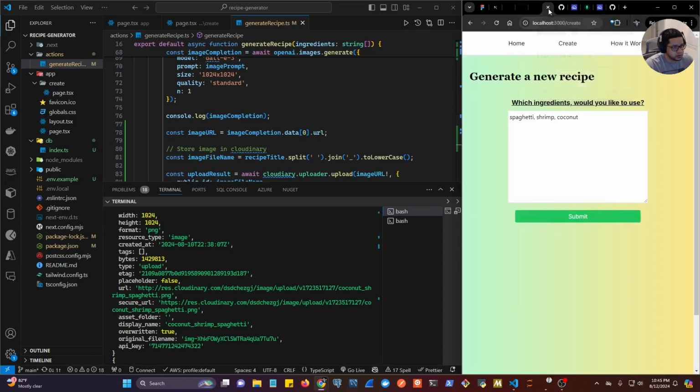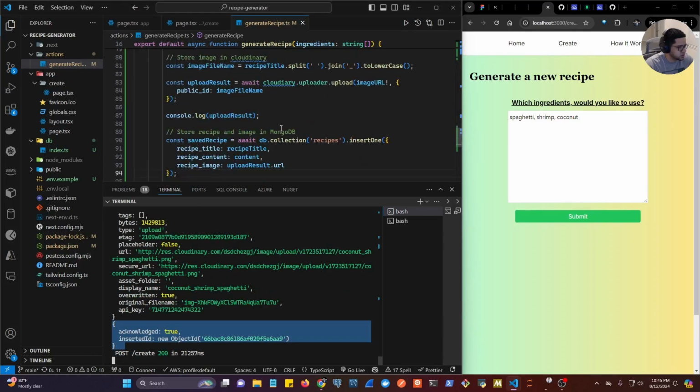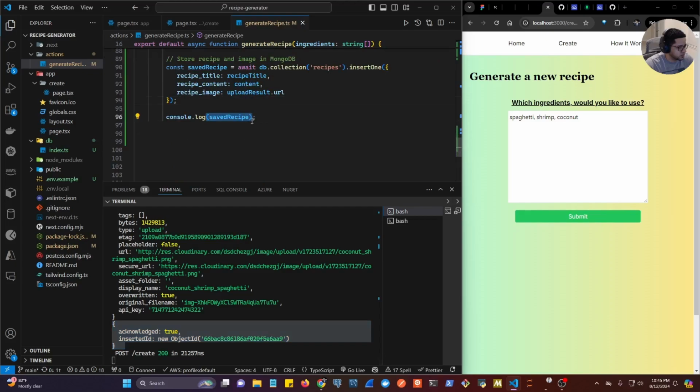And then we can scroll down. Let's go back to the app here. We can scroll down and we can see the console log from the savedRecipe. So what we get here is acknowledged: true. That means, hey, we were able to store the document for you, or your data. And then it says insertedId and you get the ID here of the document that was created. So we're going to need this ID in order to navigate the user to a page where they can see the recipe. So back in the code here,